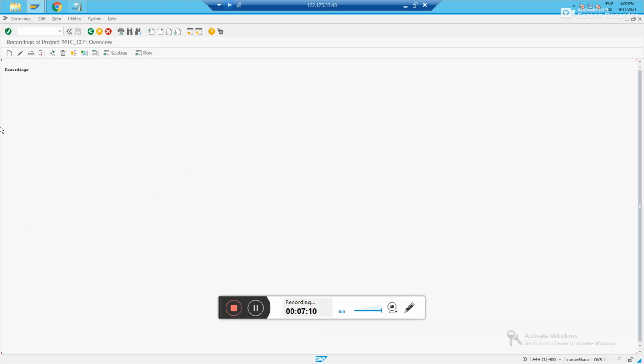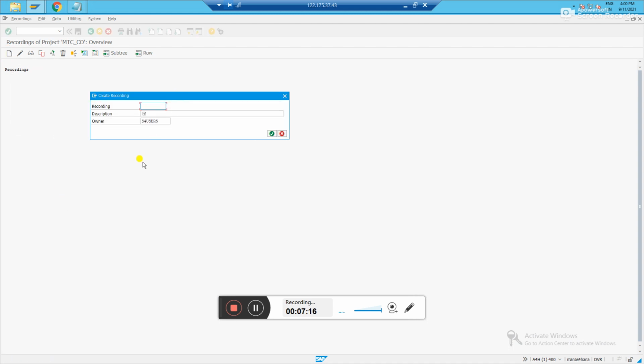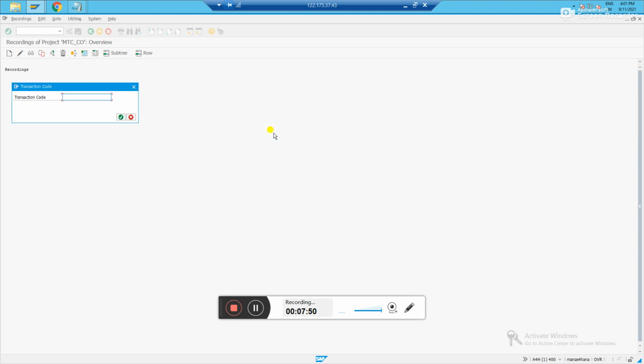It will be like this. You just click on create recording. Again you will see here, whatever you mentioned in the batch input recording, the same naming you need to use for the recording also. If it does not align, your recording will not go fine. Okay, you just mention again MTC CC, which I have mentioned before. So MTC cost center creation. You just type here who is creating, that person ID. You can see it. Ignore that. You just click OK. Go ahead.